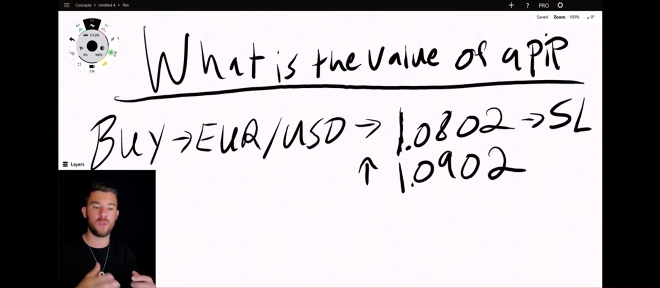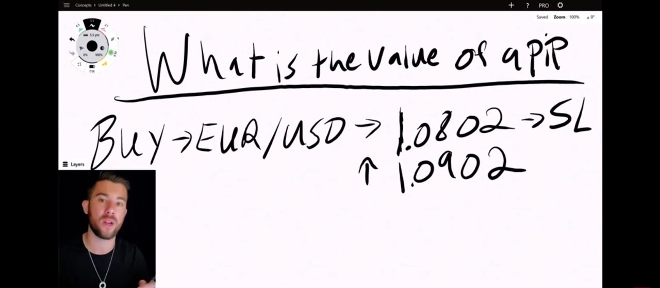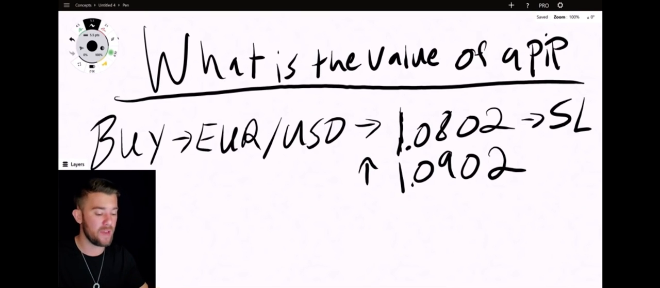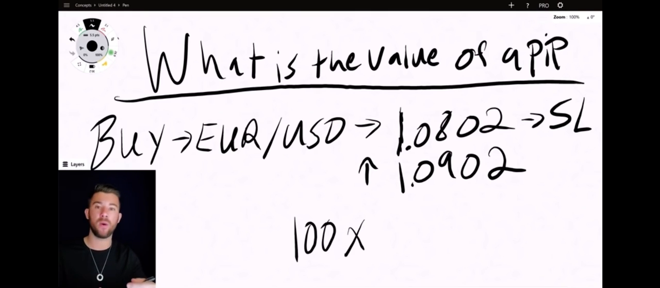So let me share with you the equation you need to figure this out. What you need first is the amount of pips. So we're going to look at the amount of pips, which is 100. We went up 100 pips in this particular case, right? So we have 100 pips times the value per pip based on your lot size. So if we used a standard lot of 100,000 units